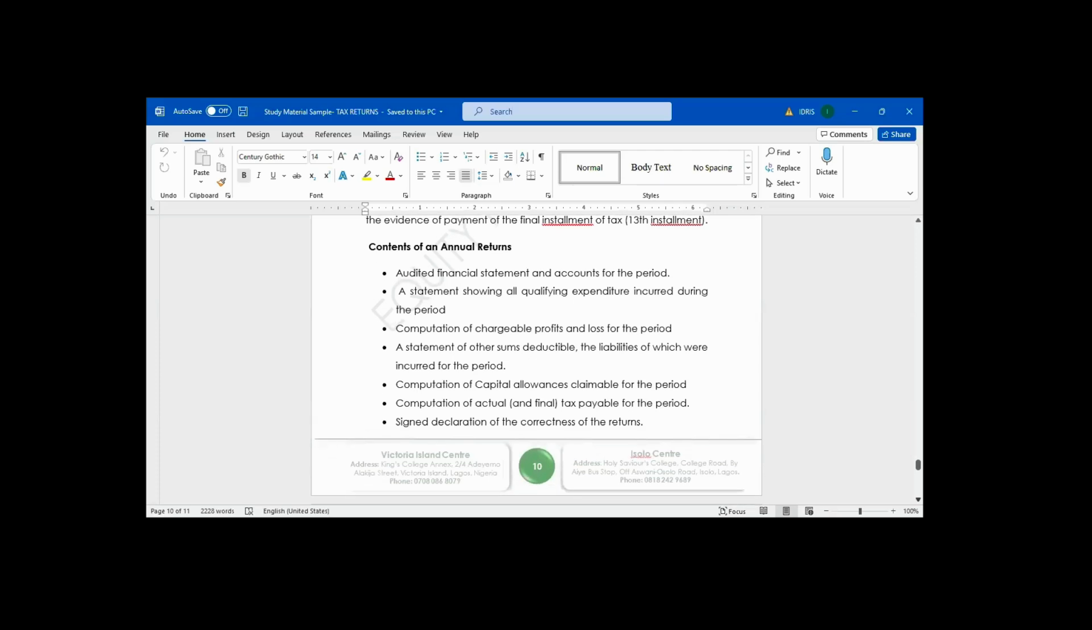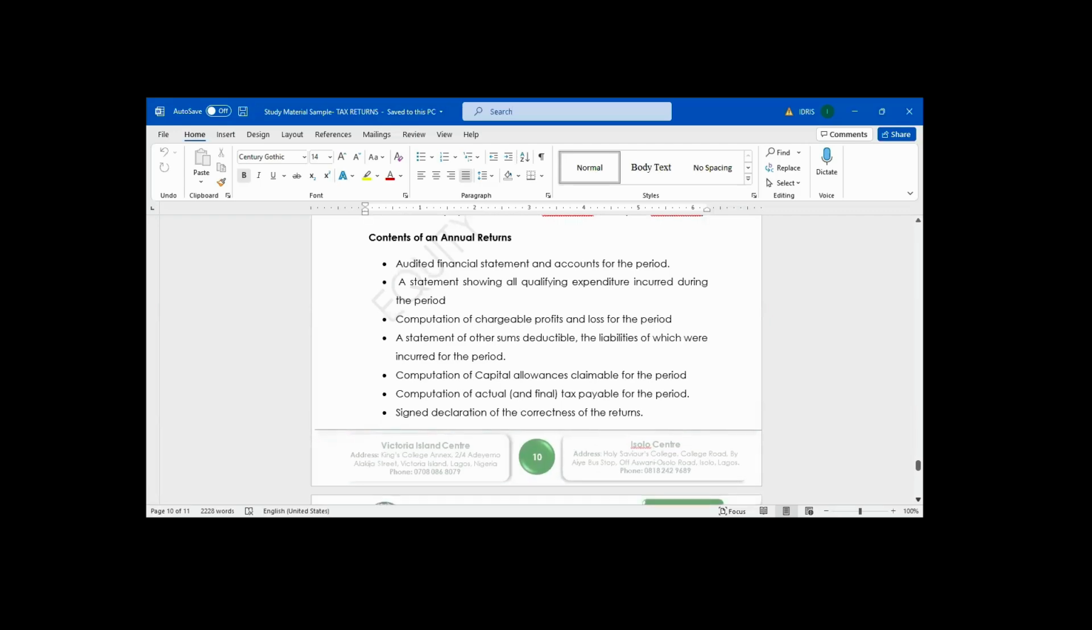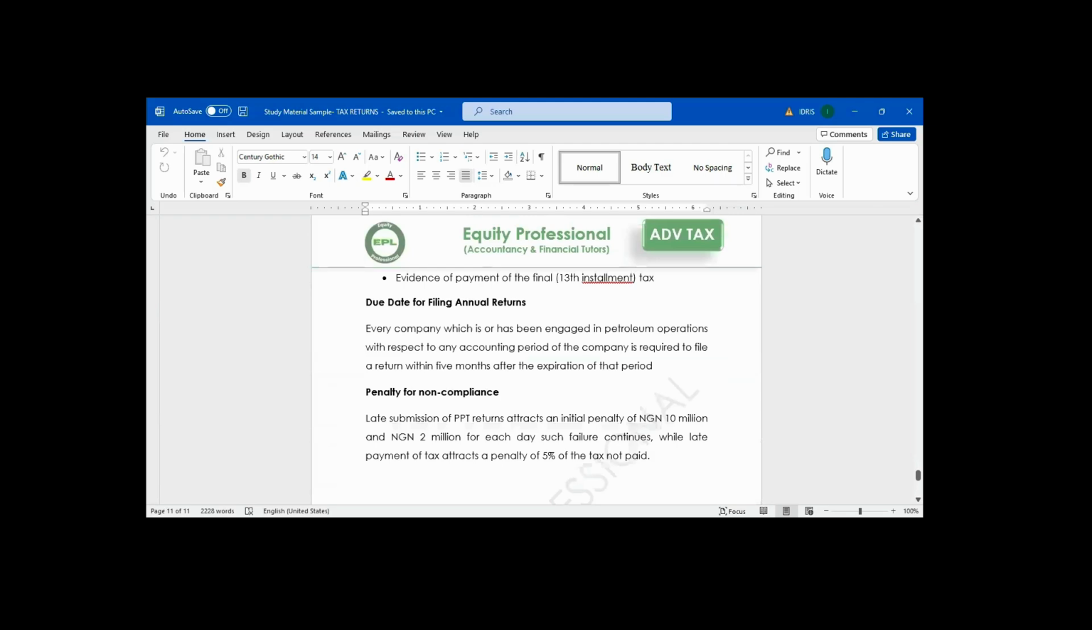And one of the contents of this annual tax return is audited financial statement showing the qualified capital expenditure incurred during the period, computation of chargeable profit and loss for the period, computation of capital allowance claimable for the period, and computation of actual tax payable for the period. All these are the contents of annual tax return